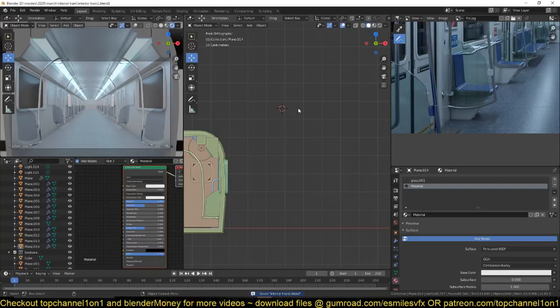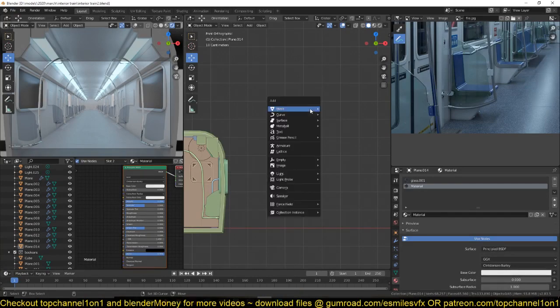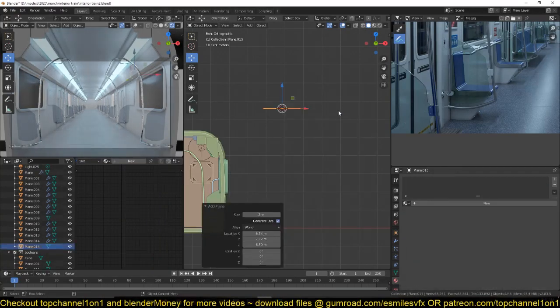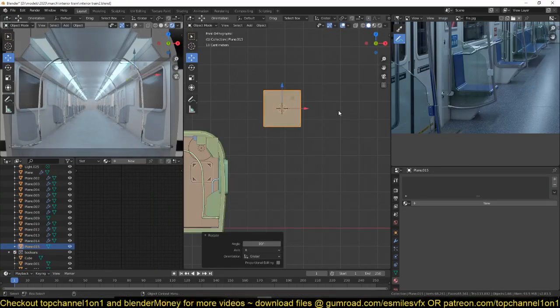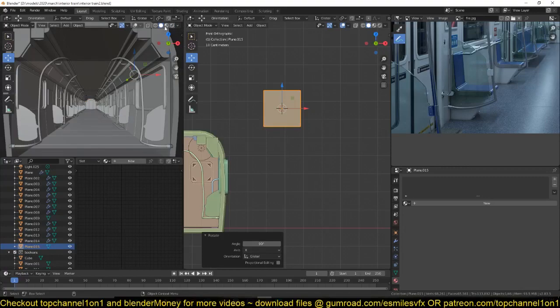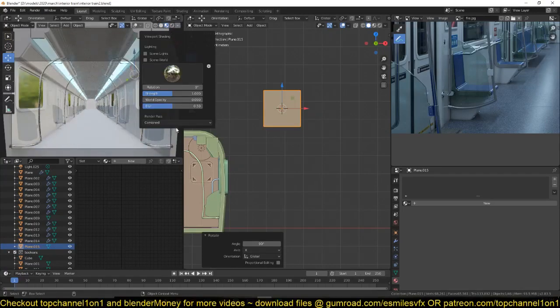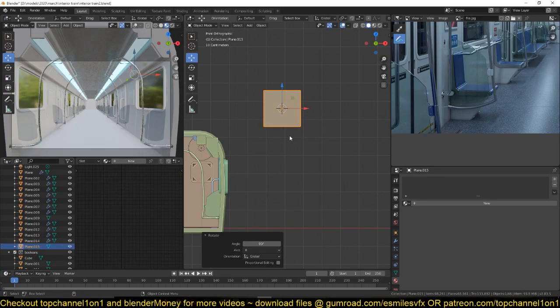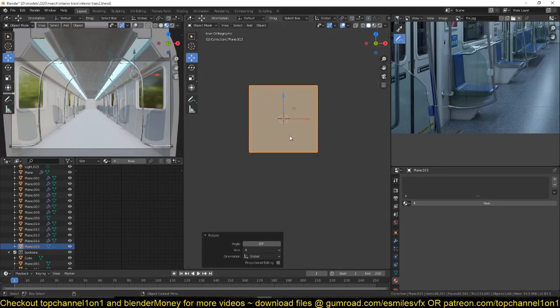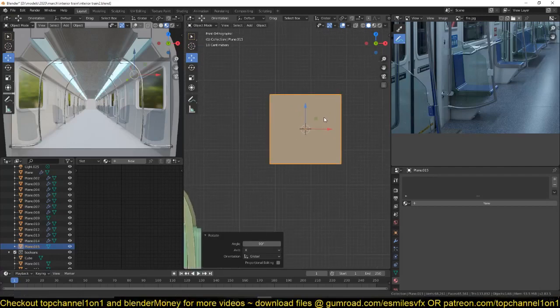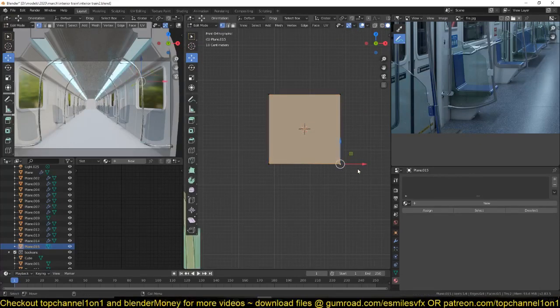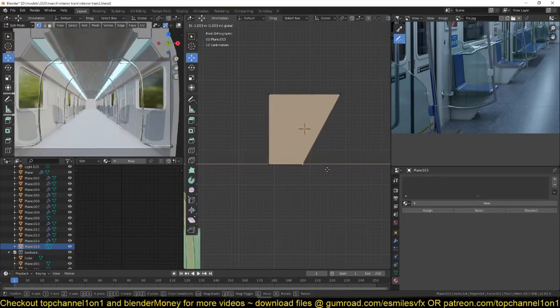I think if we start with a plane, set this 90 degrees. I'm going to change this to look dev so that my PC doesn't lag too much. And then so we're going to create this slanting edge, so I'm just going to pull this vertex in just like that,